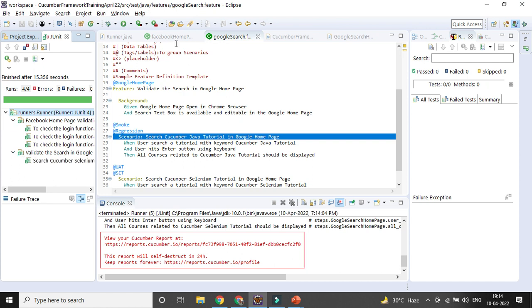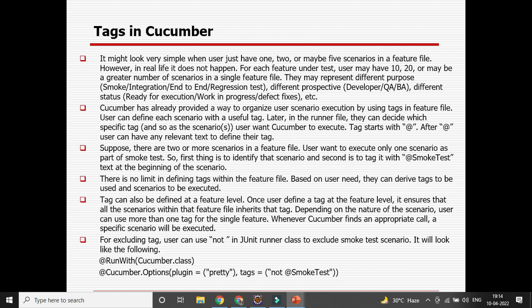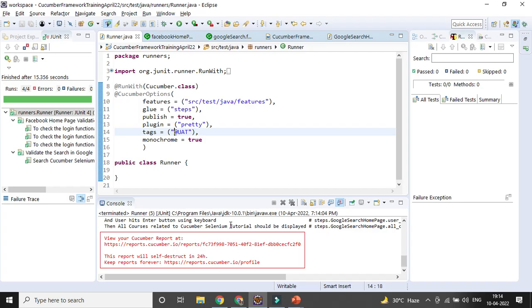Now say I want to run all the test cases where the tag is not equal to UAT. Then how can I do it? I need to use not before that tag, so that wherever UAT is there, those will not be executed. Excluding the UAT, the rest will be executed. So here only 1 test case will be executed, right? Cucumber Selenium search,